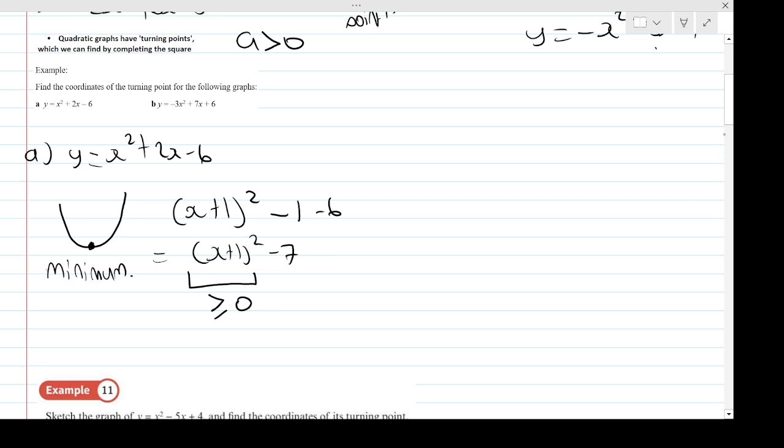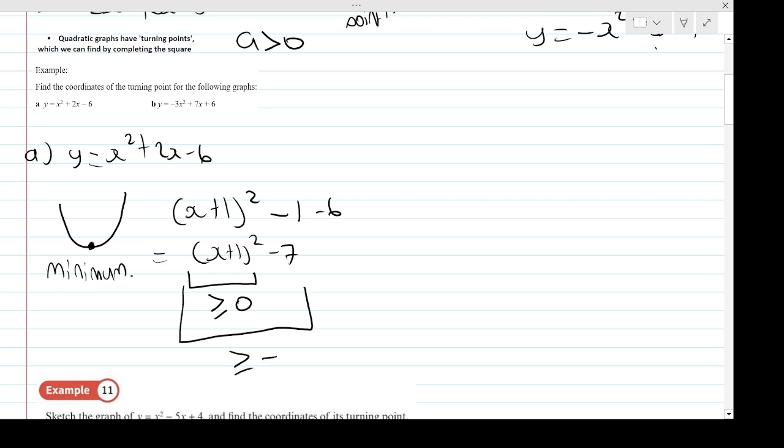It has to be at least 0, which is why we get this sort of inequality. This bracket of the square has to be at least 0. So that's telling you a lower bound. It's the smallest possible case, which is 0, and then it could be higher than that. So the whole bracket bit has to be at least 0. But then we have minus 7 at the end of it. So actually, we just subtract 7 from this. So if the square number is at least 0, but no matter what, we're taking away 7 afterwards, overall,